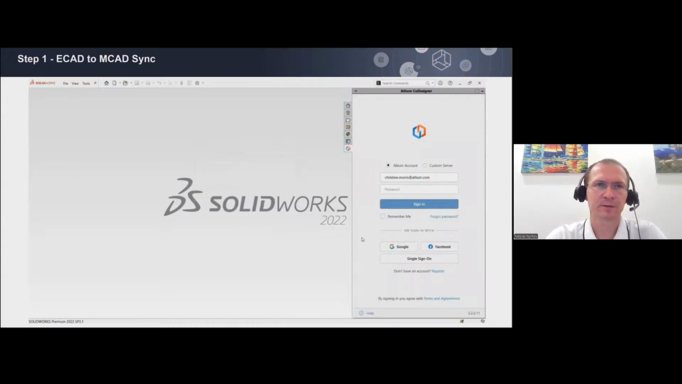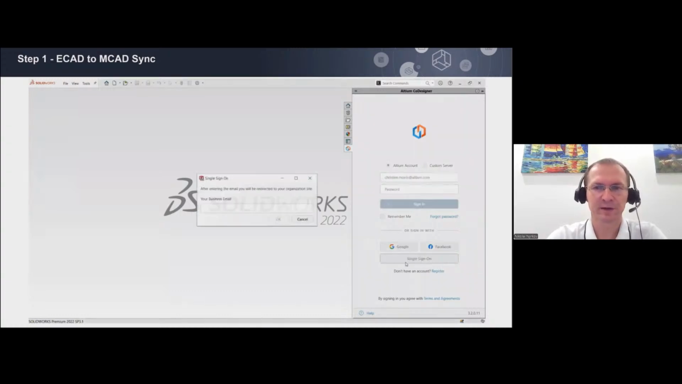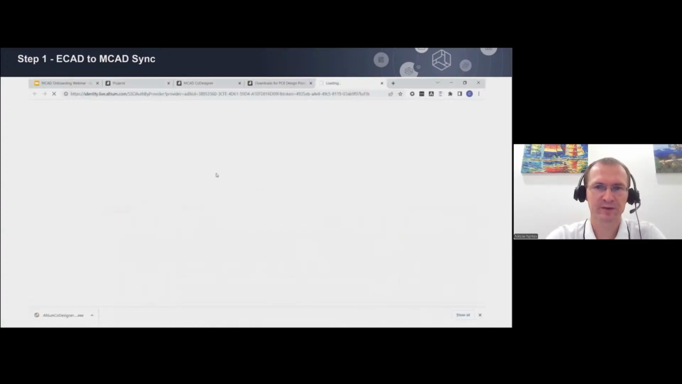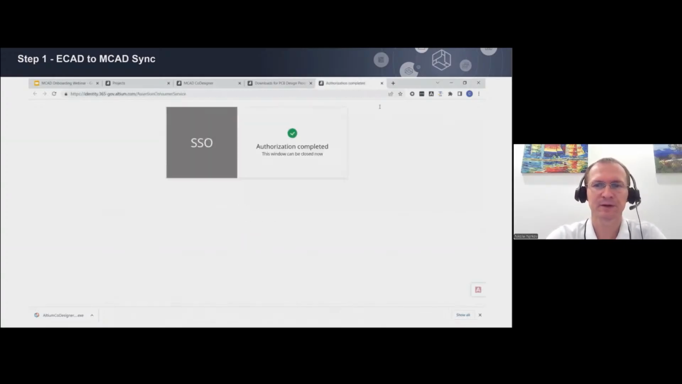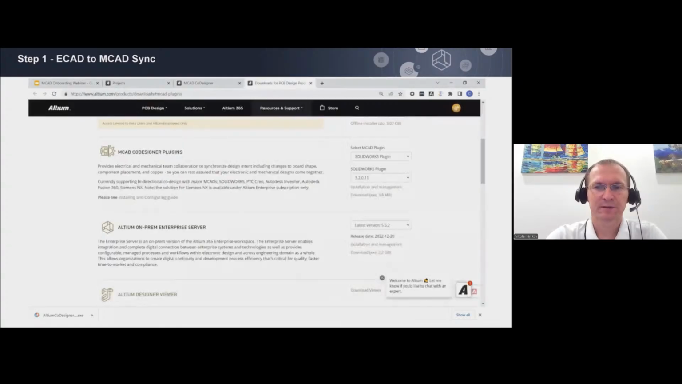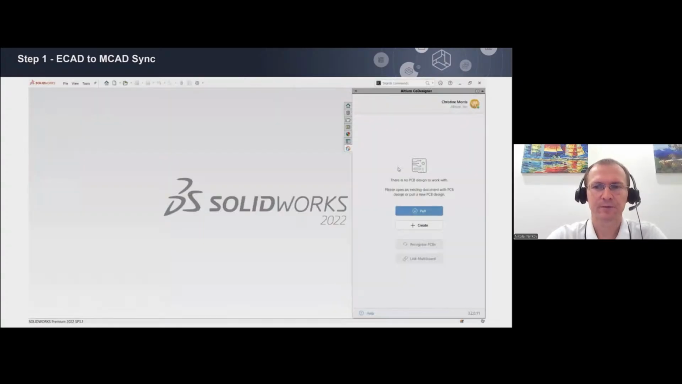You can use your on-premise server and enter it with the email and password. You can use Google authorization for working with Altium 365, or like in this particular case, you can use your corporate single sign-on for entering your corporate workspace. And after entering the space, we will see that, yes, now we can do pull